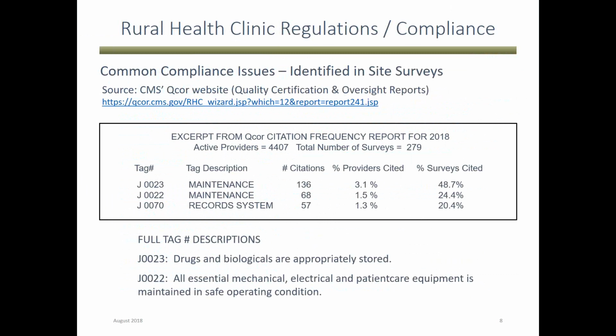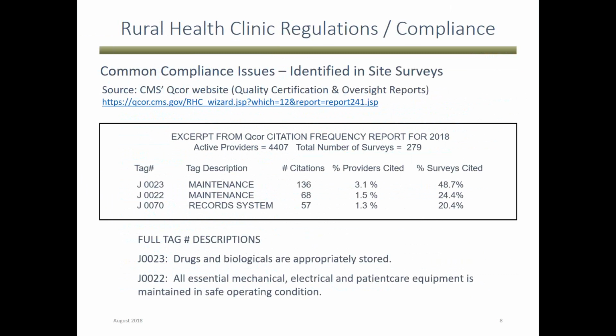Is it a locked cabinet or a locked closet, something of that nature? Are they properly labeled? Is there a system in place for drugs or biologicals that are expiring? Those are the types of things that would be noted in a deficiency citation. So that is the most common and definitely warrants some attention if you are anticipating a site survey. The second most common,